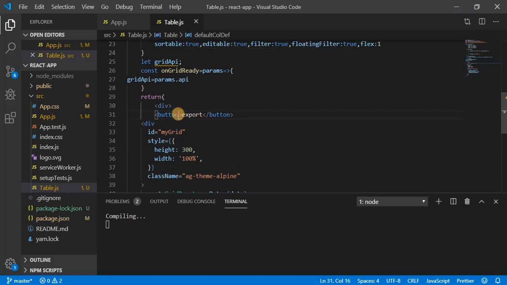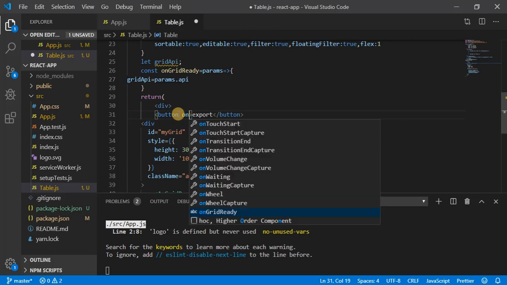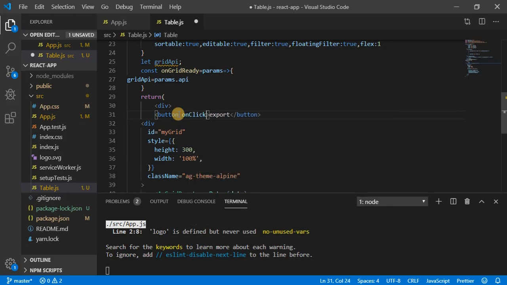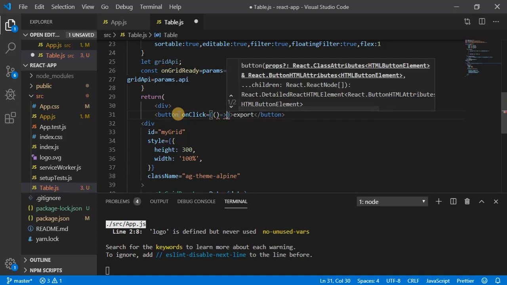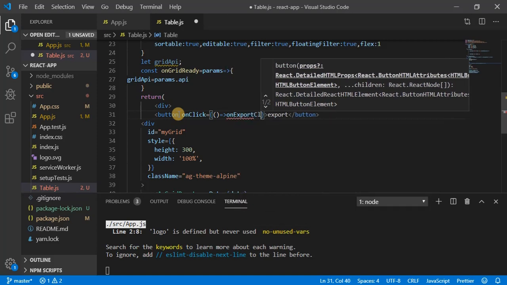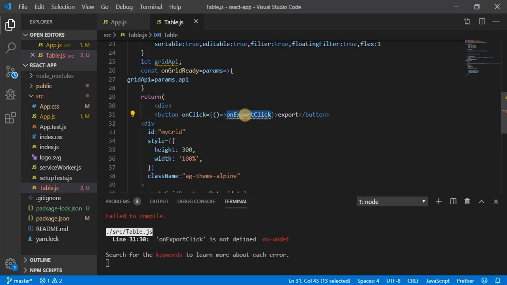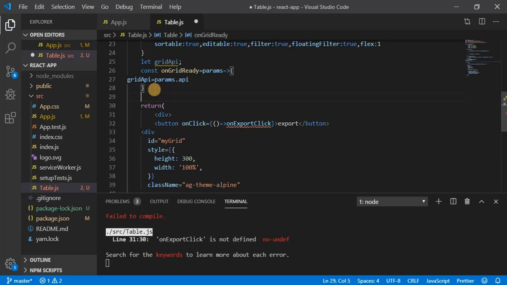Now on click of this button, I need to call a function. So what I can write here is onClick, and here I can define a function. Let's call it onExportClick. Let's define this function here. So const onExportClick.